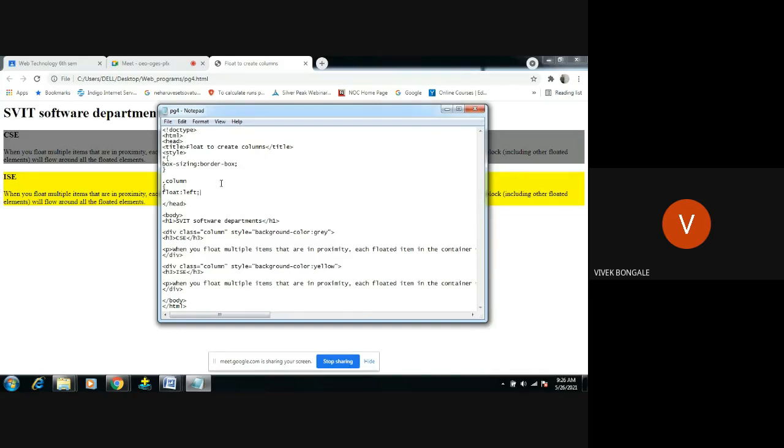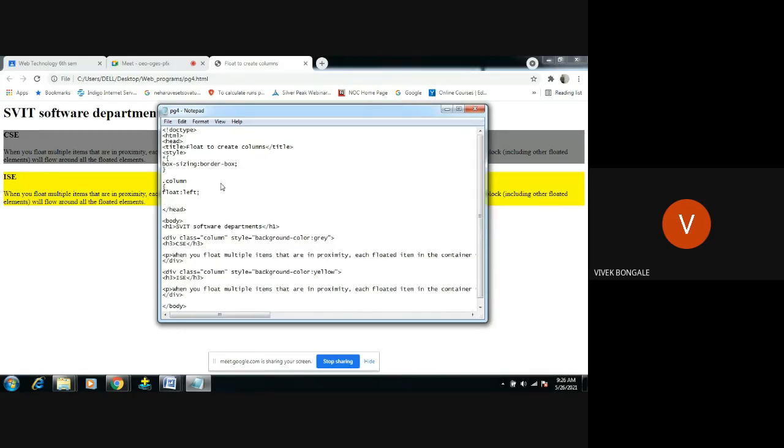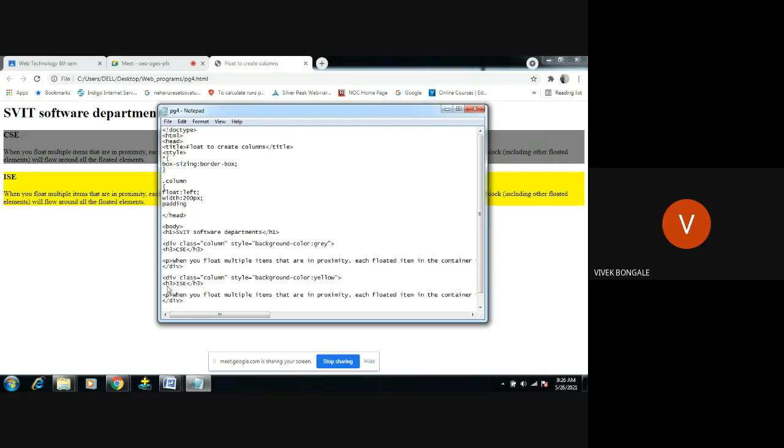So I'm giving float left, and I want to give the width. Width, some 200 pixels I'm giving. Width means the size, right? Size for CSC and size for ISC. With 200 width for CSC, 200 width for ISC. Then padding, you know, right?